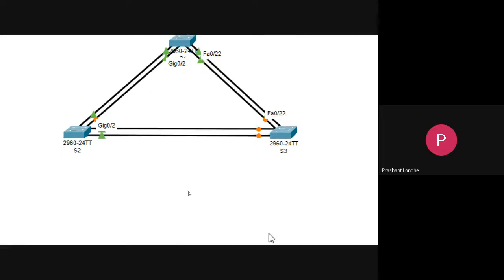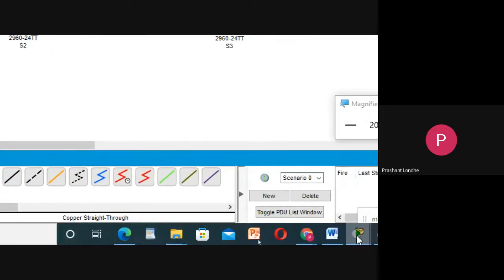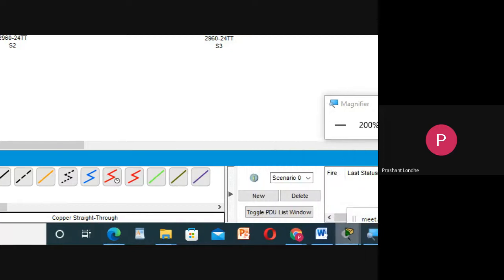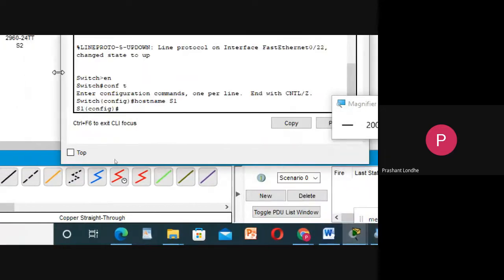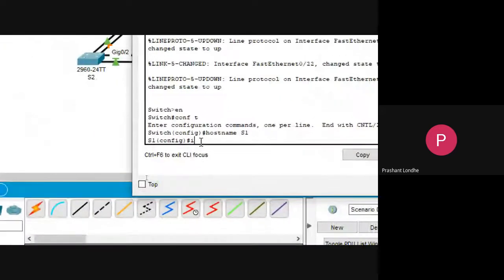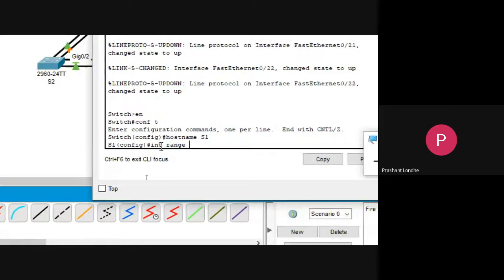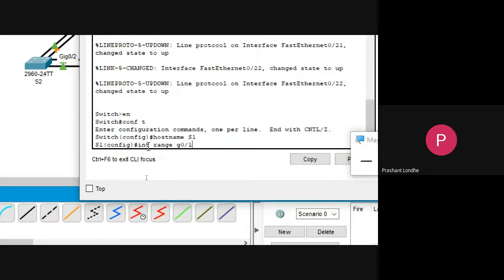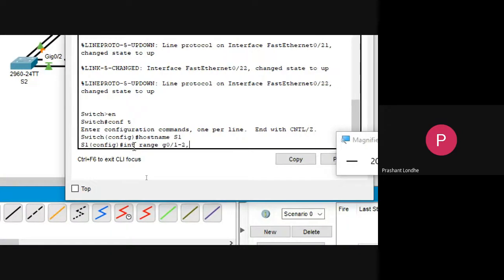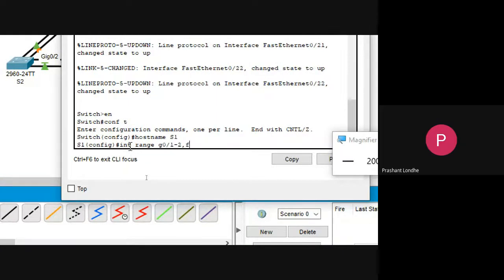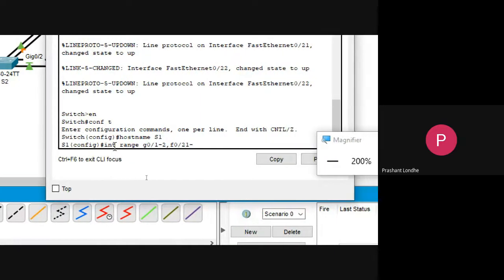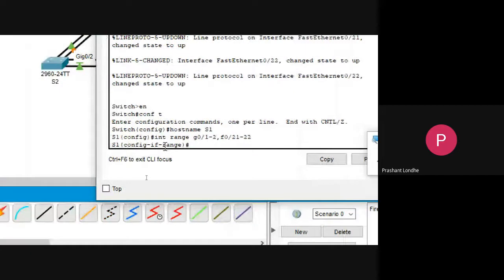So I have connected these 4 ports, and I need to configure these 4 ports for my connection. So let us start: interface range Gigabit Ethernet 0/1-2, comma, Fast Ethernet 0/21 to 22. Enter.